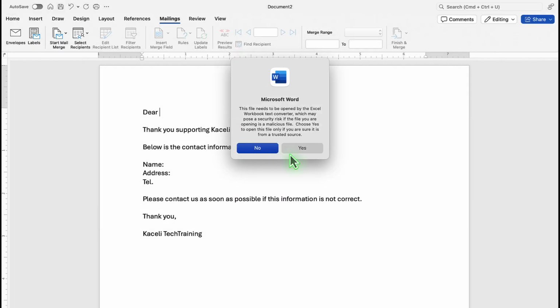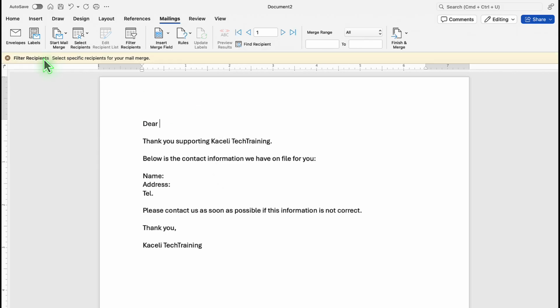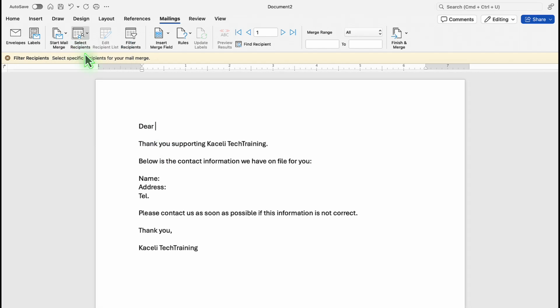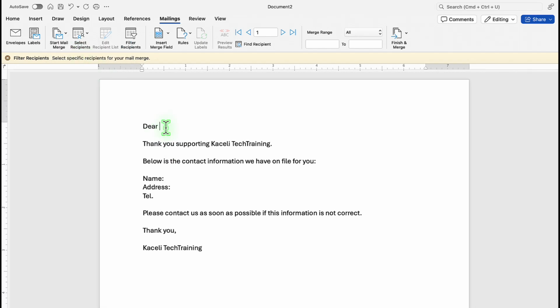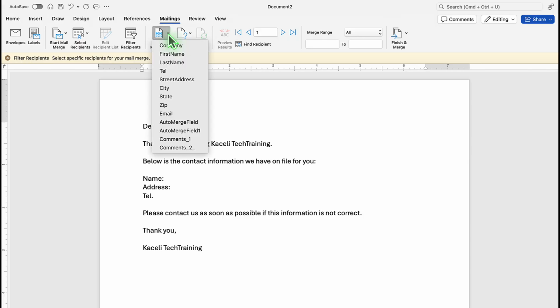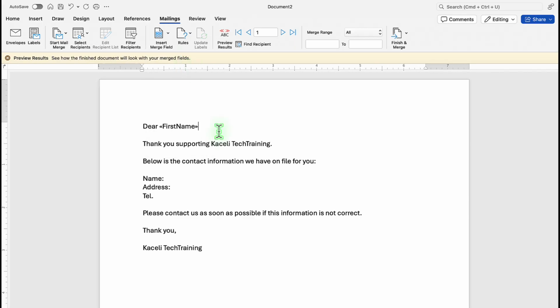Double click on it and then click on Yes to this prompt. And next we are prompted to filter the recipients for the mail merge. At this point we're going to do letters, and then next we need to insert the fields. To insert the field, go here to Insert Mail Merge Field, and then put their first name, and then it's